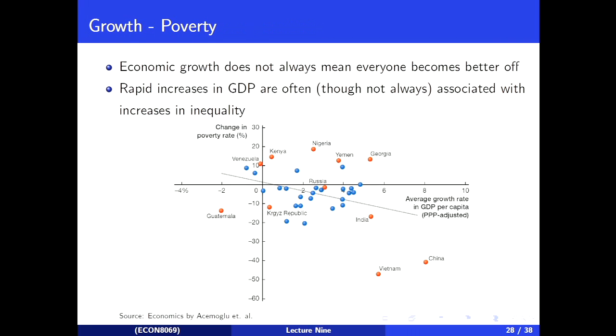Over time, I do want to mention here that economic growth, as I've talked about earlier, is not everything. One of the reasons why is because of poverty. So rapid increases in GDP are often, though not always, associated with increases in inequality. Actually, what we have here is the opposite on this. That's interesting, isn't it? It is said that rapid increases in GDP can be associated... Oh, here we go, yes. Rapid increases in GDP are often associated with increases in inequality within the country, but also